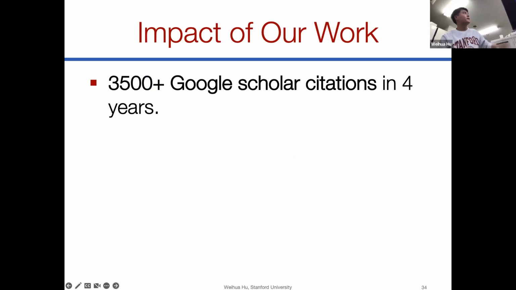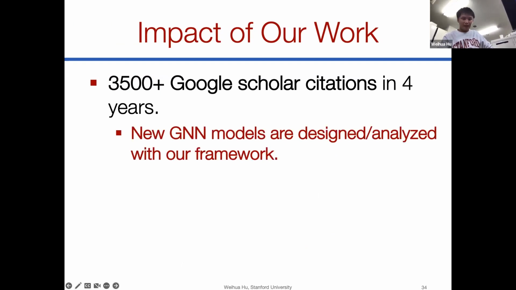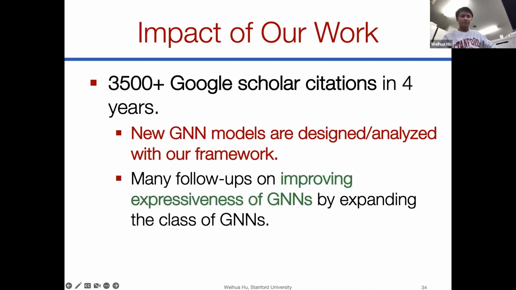So finally, I'm going to talk about the impact of this work. This work was published like 4 years ago, and it's received 3,000 Google Scholar citations. And many GNN models have been developed and analyzed under our framework. And many follow-up works on designing and improving the expressive power of GNNs have been done, and they basically